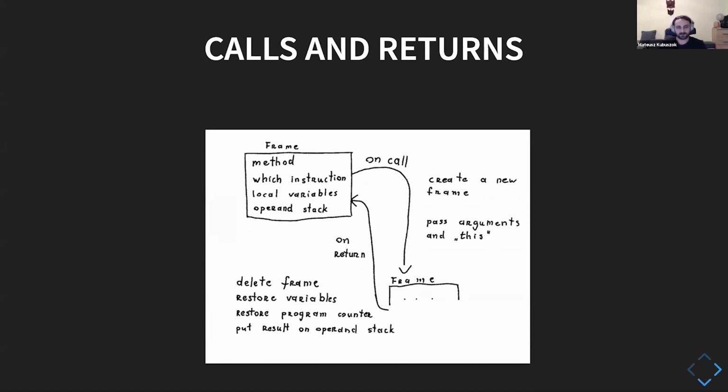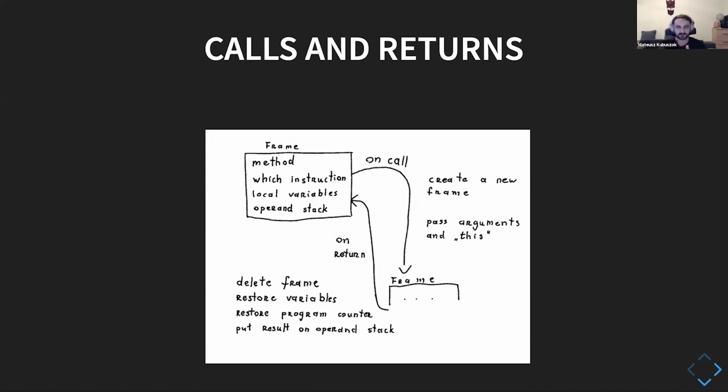We always know at which instruction we are. Usually the pointer to this exact line that we are at is called the program counter. Then we have the set of local variables. And we also have the operand stack, which stores all of those temporary intermediate results.